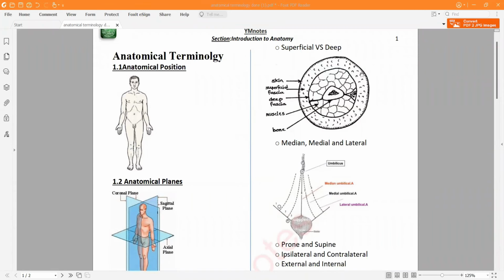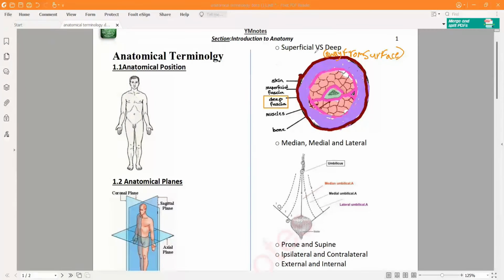Going to the next anatomical directional term, we have a cross section showing bone in the center, surrounded by some muscle layers, followed by fascia layer away from the center, fascia meaning a cover layer, and another fascia layer near to the surface, and skin. Now, to differentiate between the two fascia layers, we call the inside deep fascia, meaning away from the surface, while the outer fascia layer is called superficial fascia, meaning near to the surface.